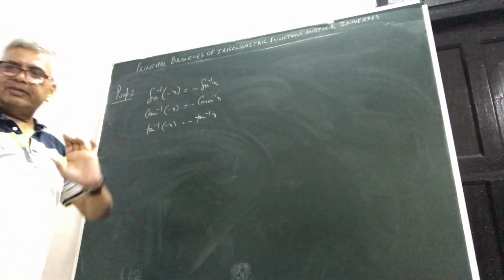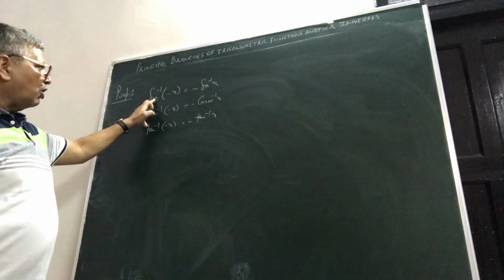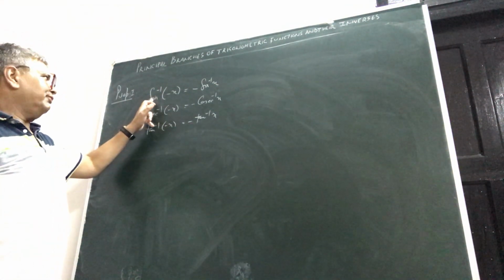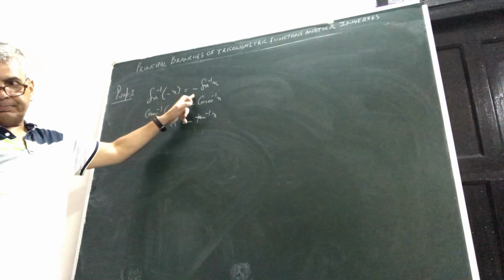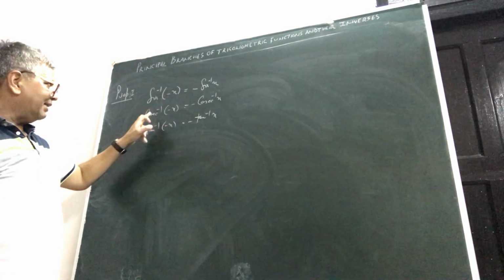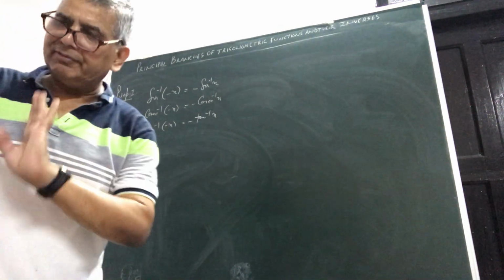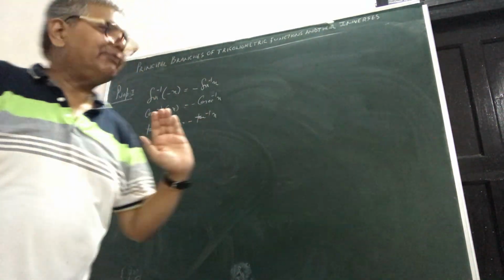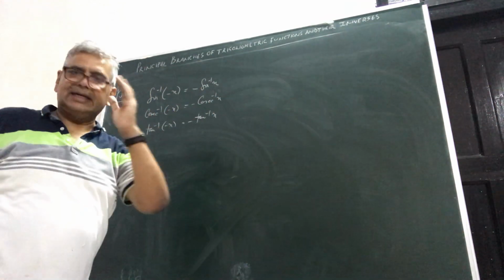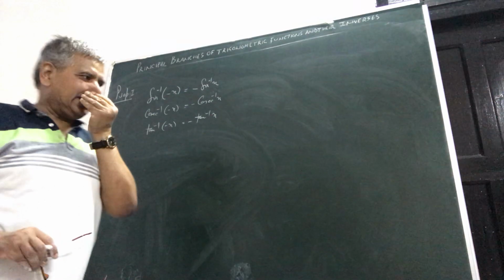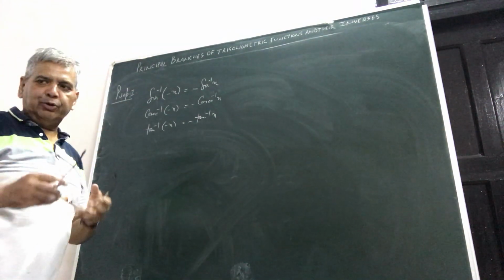And for property 2, see what the thing is. Those who have their branches from 0 to pi, like cos, cot, and sec, therein, cos inverse of minus x will be pi minus cos inverse x. There everywhere pi minus will come. And why this pi is included, that we will see gradually, because there we would be jumping the principal branch. This is a simpler case. We will see to it. Any one of two of them we will do.